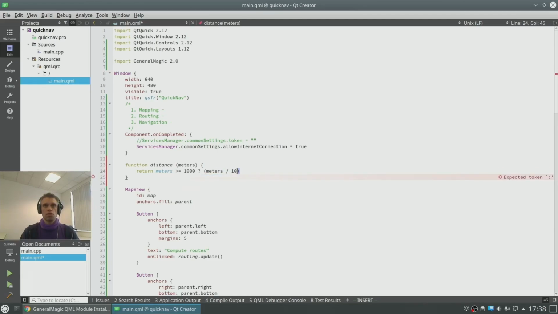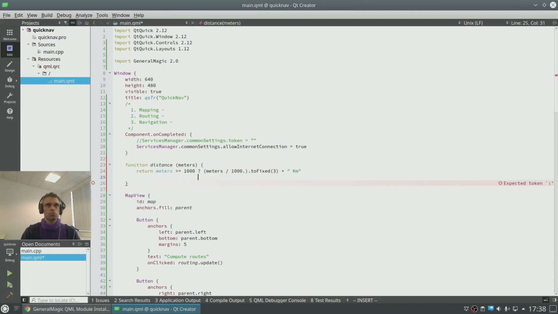Meters divided by 1000, and don't show more than 3 decimal points. Otherwise, we just take the meters as is. And in that case, we don't want to show any digits after the decimal point at all. Let's say 0. Okay, now we have our function.